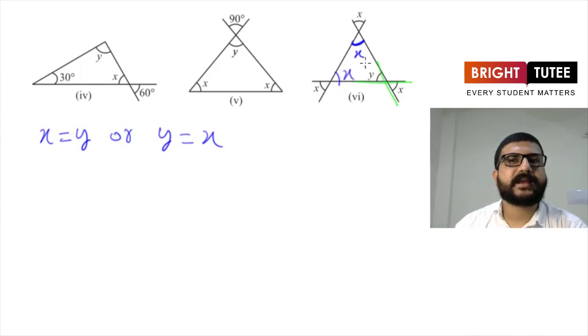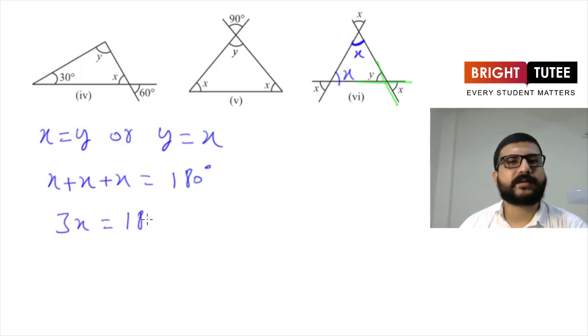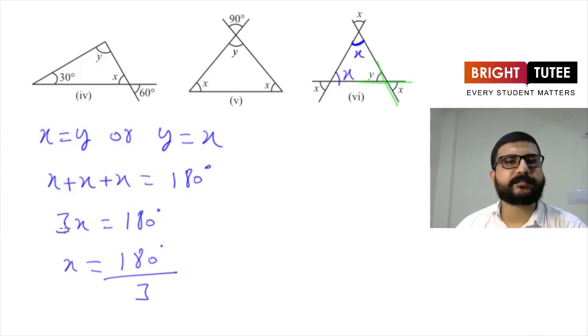So, here, as we can see in this triangle, all the three angles are x. So, it means we will get the equation as x plus x plus x is equal to 180 degrees. Now, this gives us 3x is equal to 180 degrees. Now, by simplifying, we will get x is equal to 180 divided by 3. What we did here, we simply transposed this 3 here on the right side of the equation. So, this gives us the value of x as 60 degrees.